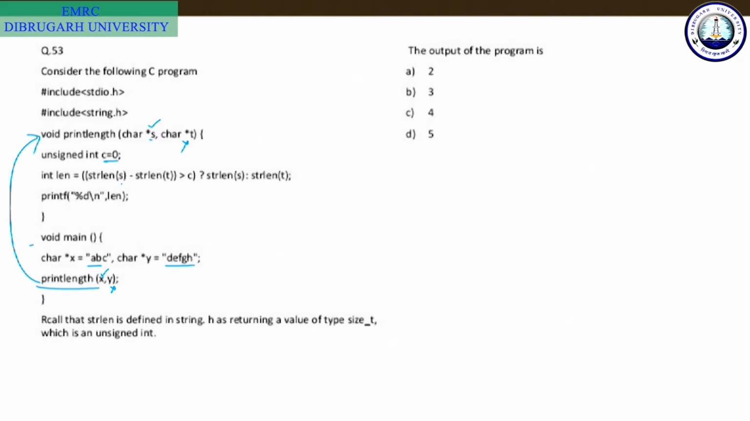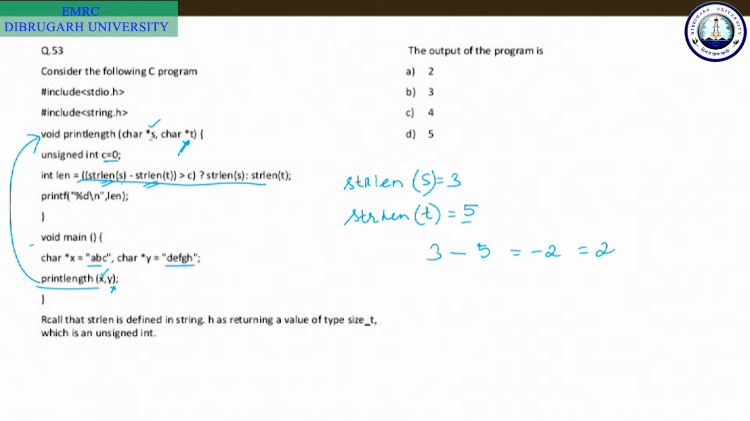So the string length of S is 3. So we can write strlen of S is equal to 3, and for T, the string length of T is equal to 5, because here you can see D, E, F, G, H is 1, 2, 3, 4, 5. So now we have to see this condition. String length of S is 3, minus string length of T, which is 5. So 3 minus 5 is equal to minus 2, and I shall consider it as 2, because here it is declared